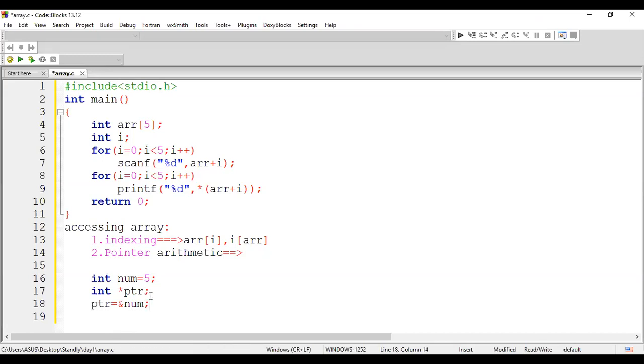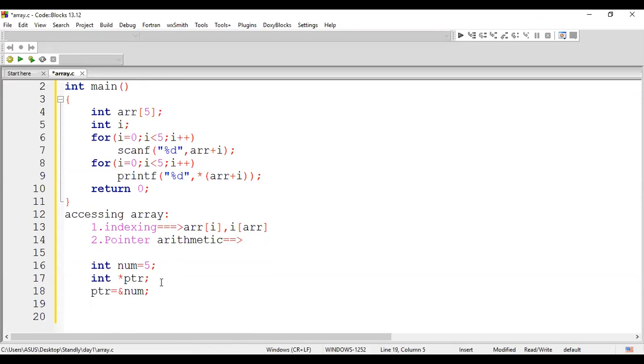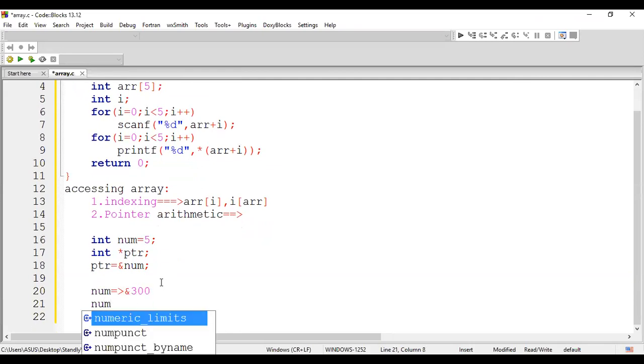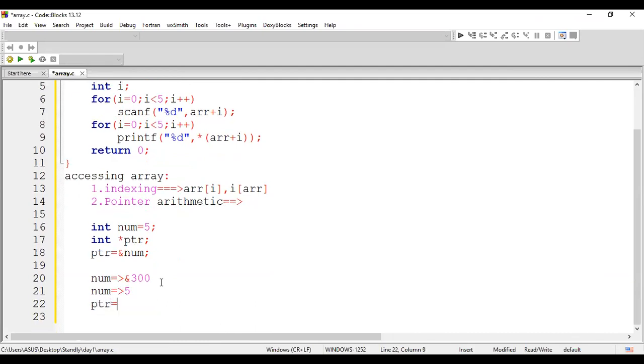Here we'll be using one concept. Let us assume the address of num is 3000, and num is 5. And we'll mention ptr. Just for assumption, I'm considering the address of ptr as 6000. I'm making this note just for your reference.